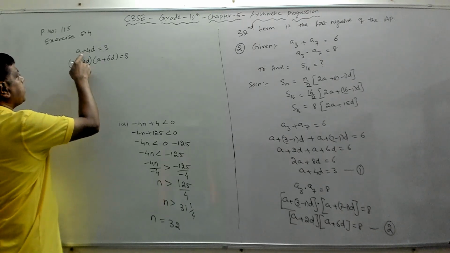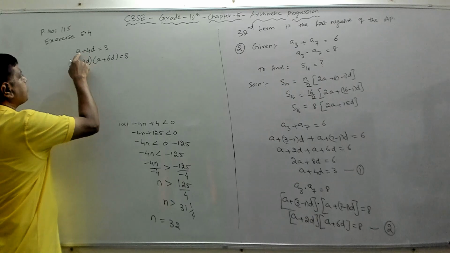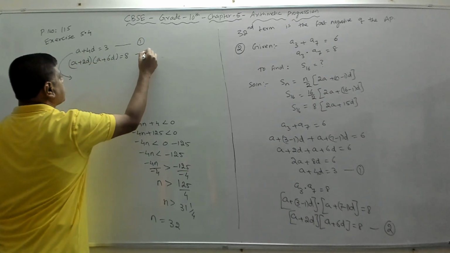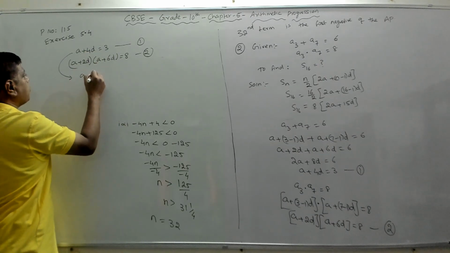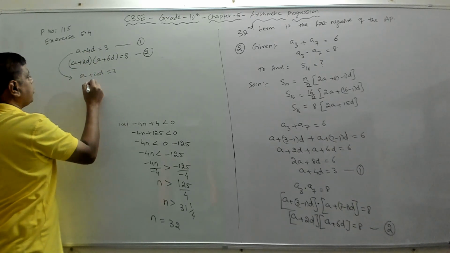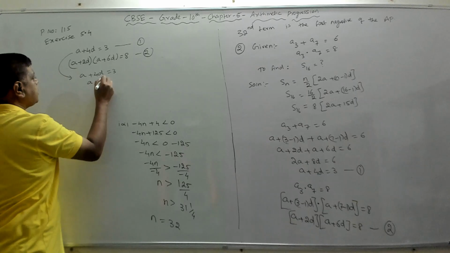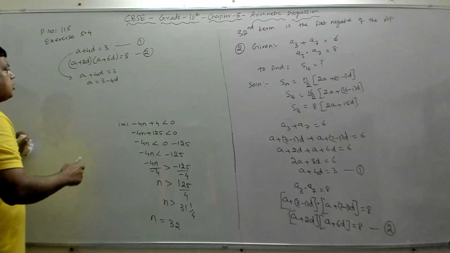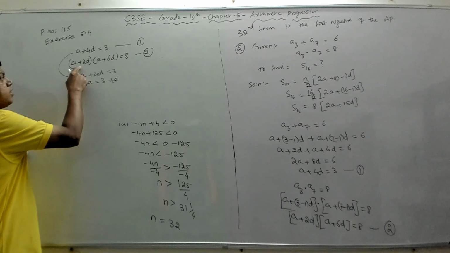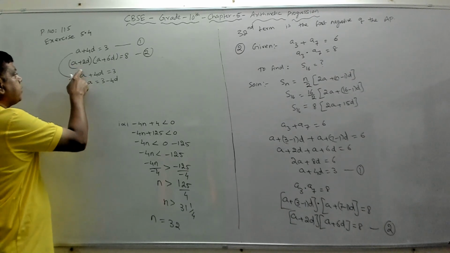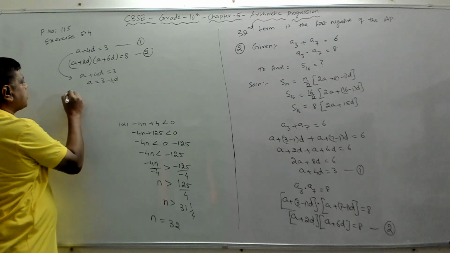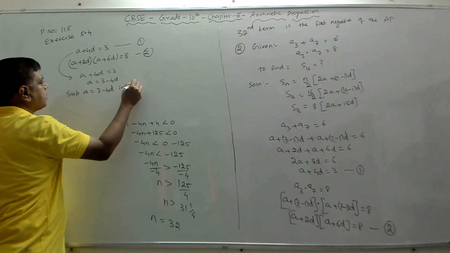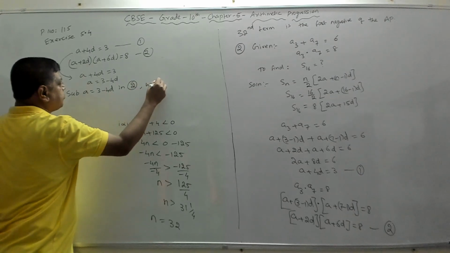Now if you see this, your a can be written from here. This is your first equation, second equation. Your a plus 4d is 3 means your a becomes 3 minus 4d. This 4d will go here, it will become 3 minus 4d. So now we will substitute a as 3 minus 4d in this equation. So substituting a is equal to 3 minus 4d in the second equation, we get